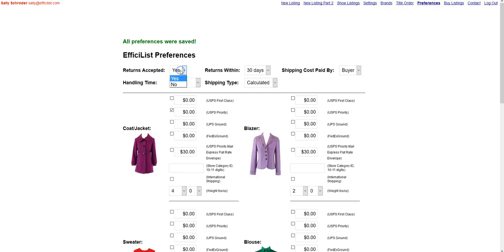So this is where you set if you accept returns, the return window, who pays the return shipping cost, as well as your handling time for shipping items to the buyer. Then below you decide the shipping cost to the buyer. So if you do calculated, then it's all based on your location, your buyer's location, and the weight that you